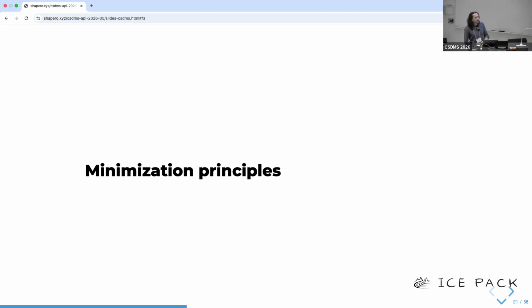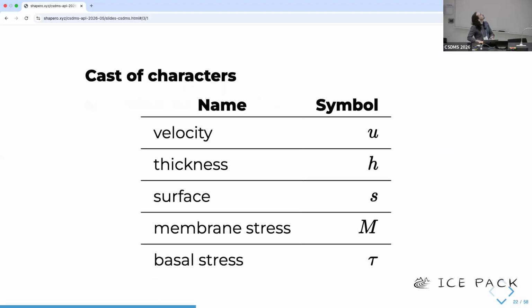And I believe that I succeeded, and I'll show you some movies to convince you, but it involved scads and scads of math. So here we go. I'm going to write out more of the math here. The important variables to make note of are the ice velocity, u, which is mainly what we're solving for, and